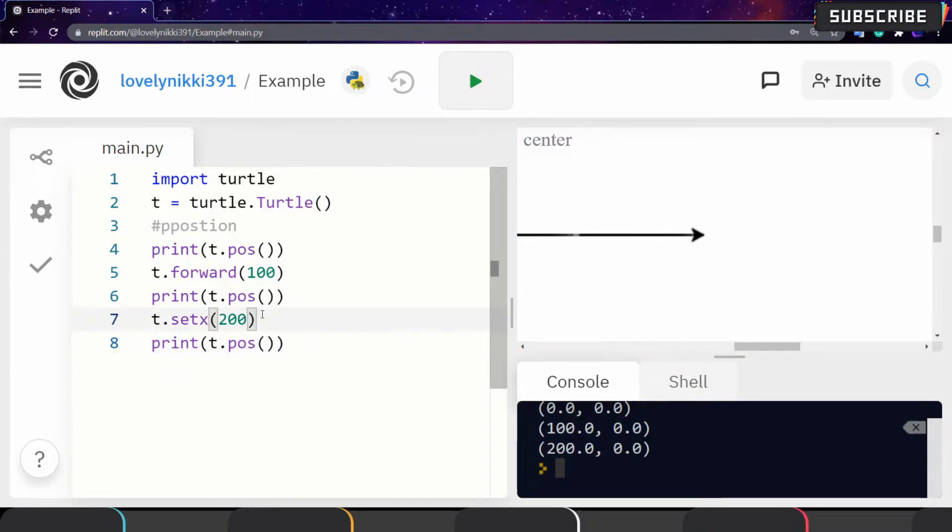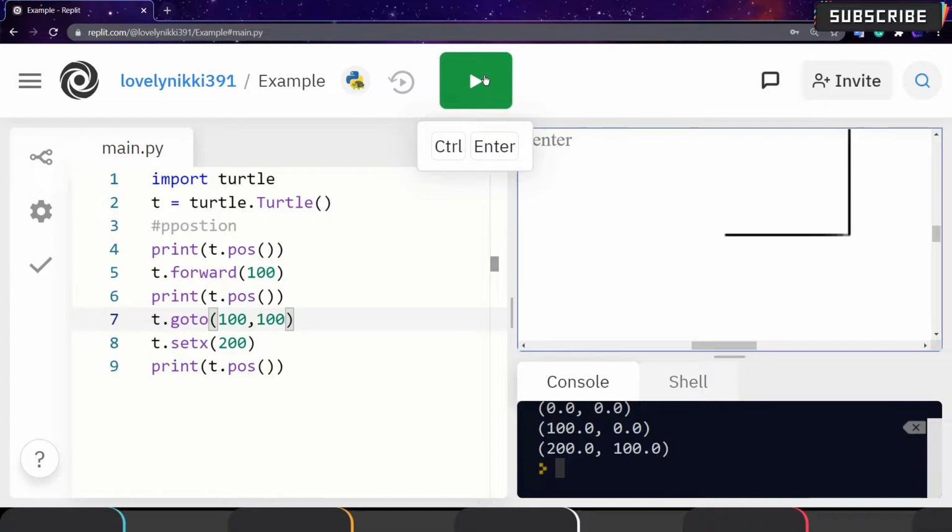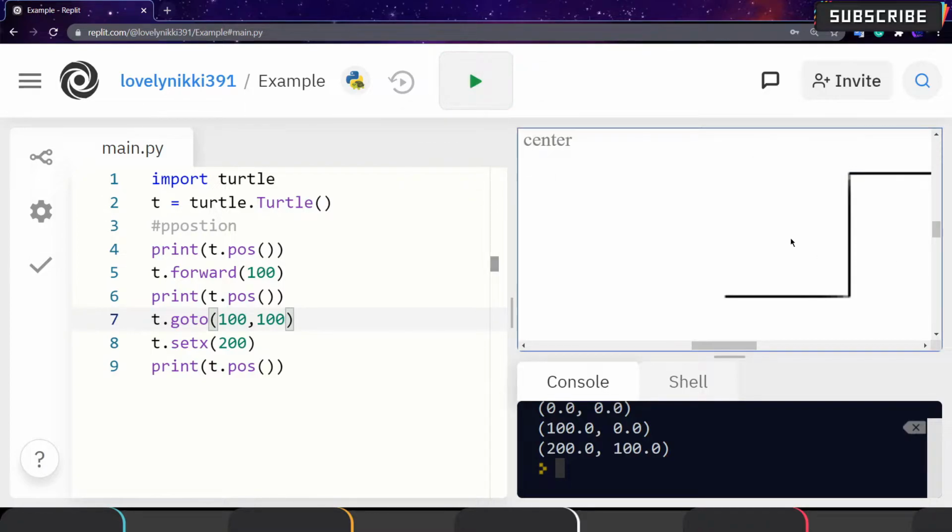Suppose if you want to change both the x and y coordinates, you can directly use t.goto, like 100 comma 100. This is how exactly it works. Okay, I hope you got it.